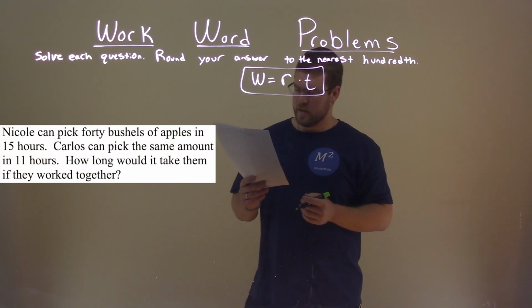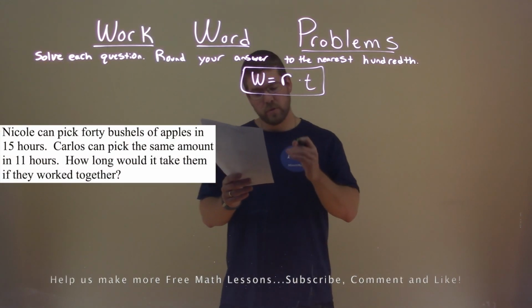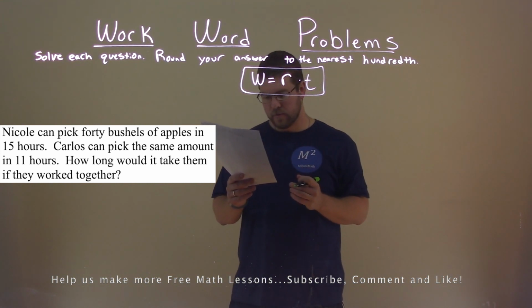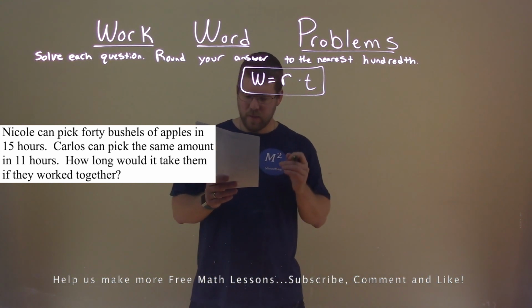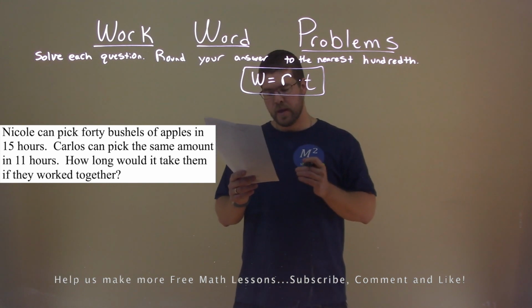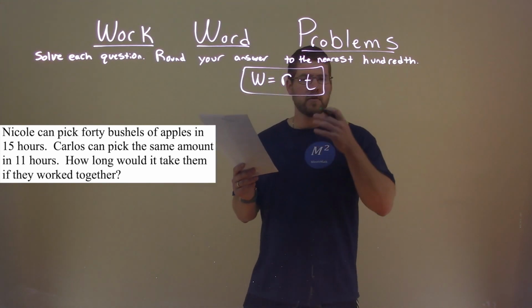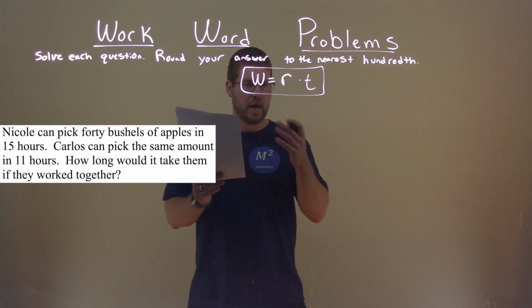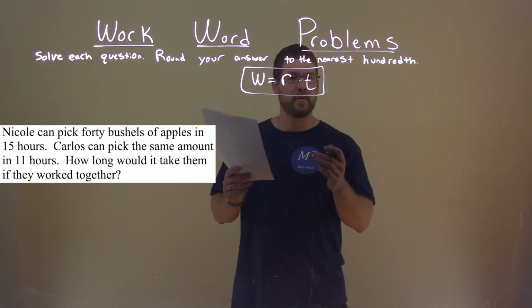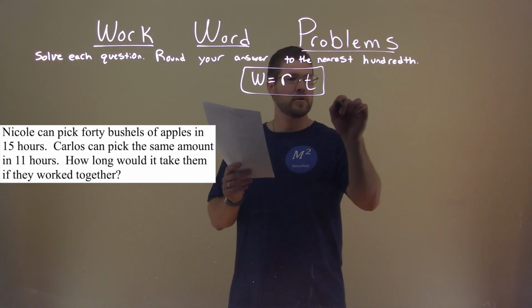We're given this problem right here. Nicole can pick 40 bushels of apples in 15 hours. Carlos can pick the same amount in 11 hours. How long would it take them if they worked together? So our work here for them is picking 40 bushels of apples. So that work there, 40 bushels of apples,